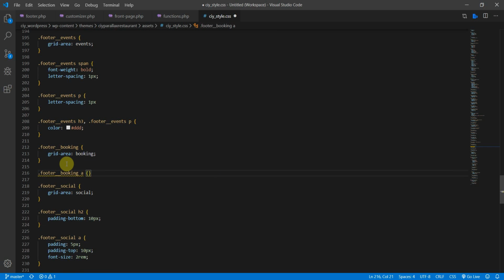Well, that will be a little special perhaps. I think maybe we don't need to do that. I think we already added on all the a tags. The color is already white there, and the letter spacing should be fine. You know what? Let's comment this one out for now. Let's save that, and